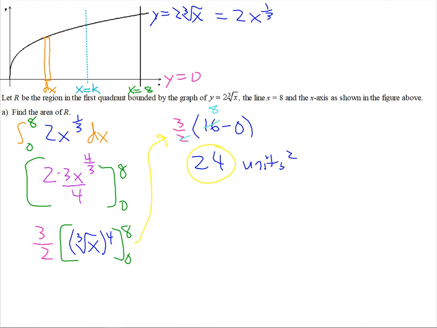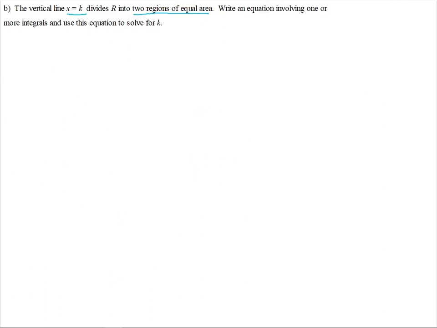So there's a couple ways you can do this. We could go the integral from 0 to k, and then equals the integral from k to 8. That would work. However, notice we already know the whole area is 24. So that means each of these has to be 12. So what we can do is say